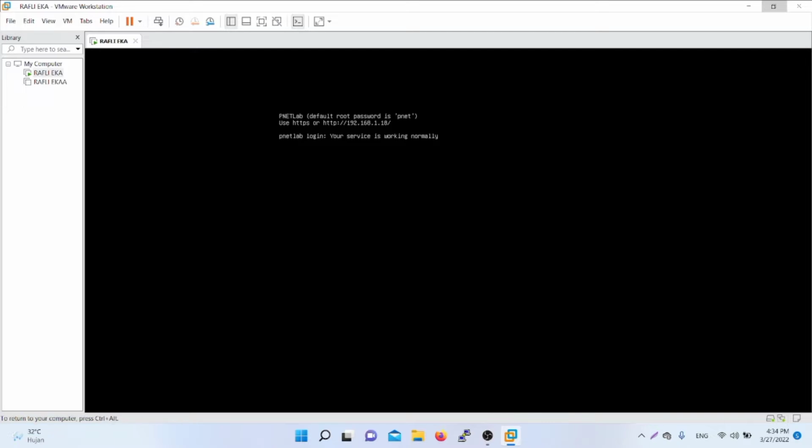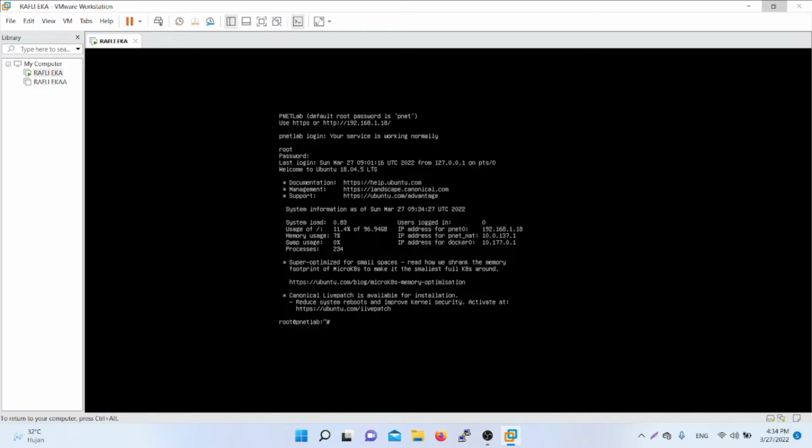For user, we use root and the password is whatever you created when you made the PNetLab. Here I use 1. If the display is like this, we get the IP address in pnet0, and we copy the IP in pnet0.